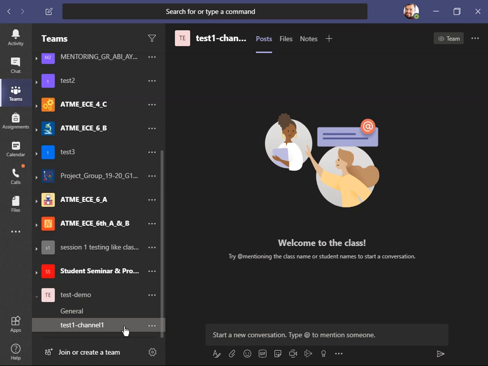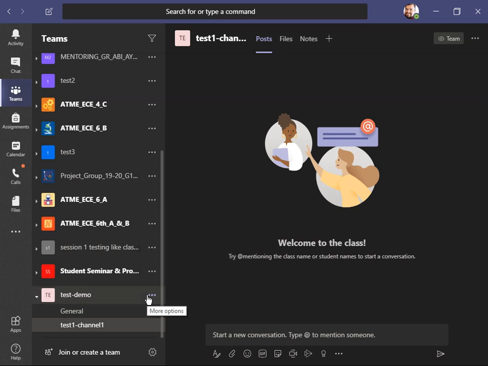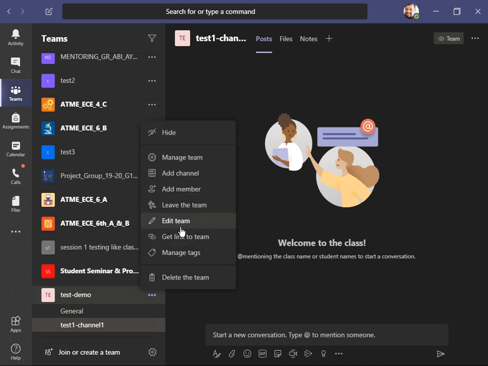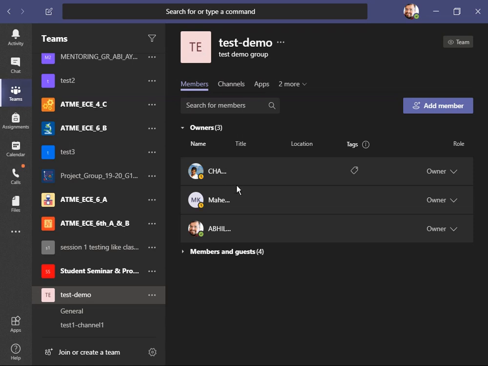But if I had created a private channel, it is going to have a specific group, and you can add the specific group of people there. Now let's say you've forgotten to add some people and you want to modify or add them or remove them. So you can go back to your group and you can select the options here, and right on the options tab you have add channel, and you also have something called as manage team. So you click on manage team and a new tab opens where you can clearly see who are the members,